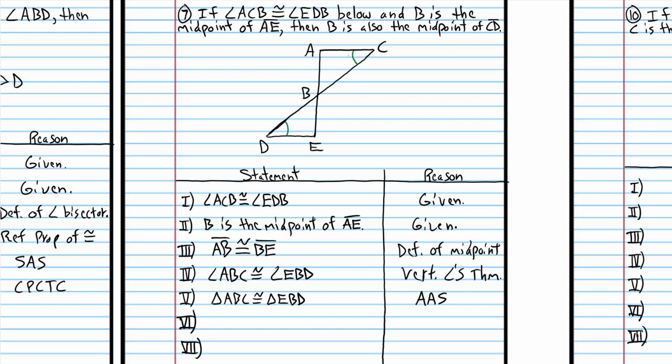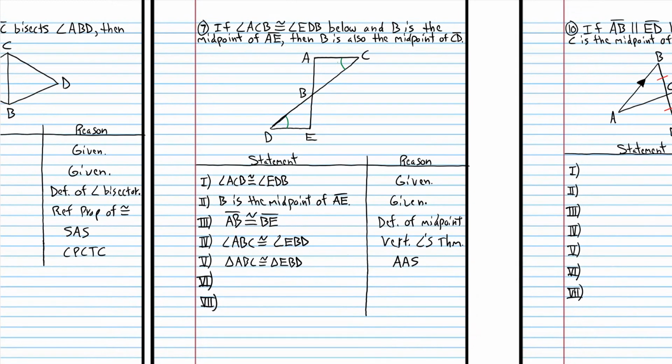So now we know that the two triangles are congruent. So if we know the two triangles are congruent, we know that corresponding parts must be congruent. So we now know that side DB is congruent to side BC. Now, why do we care about that? Corresponding parts of congruent triangles are congruent. But why do we care about that? Well, if DB